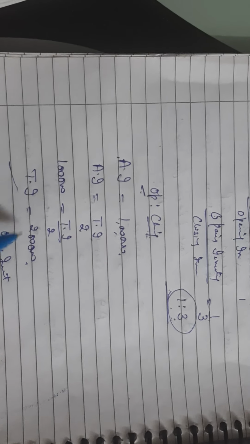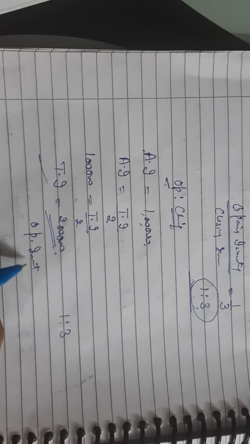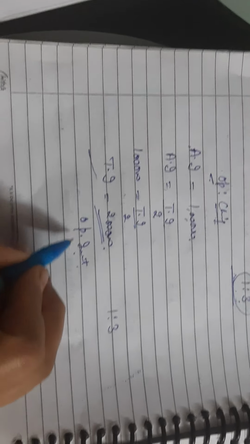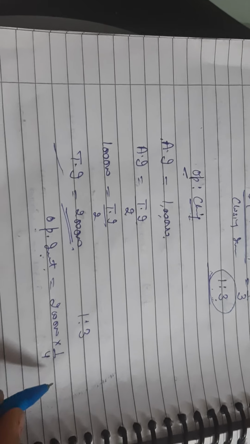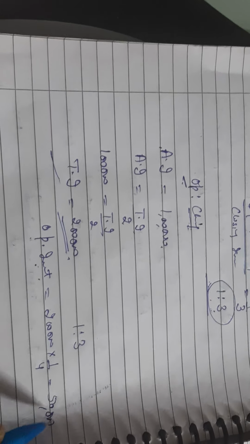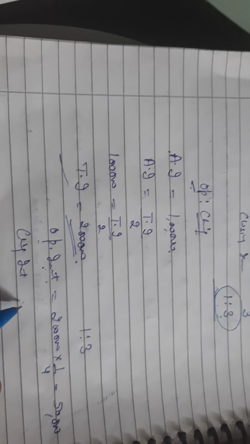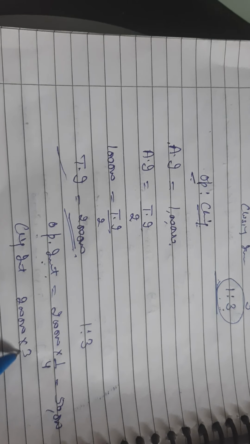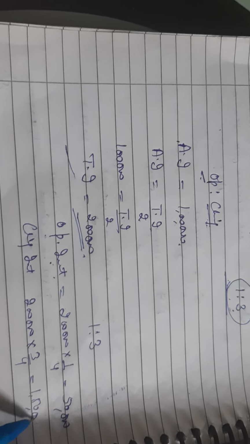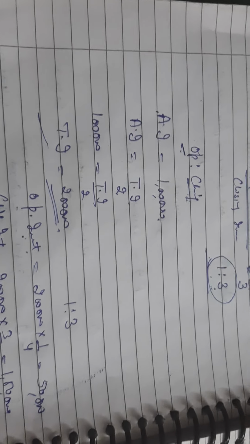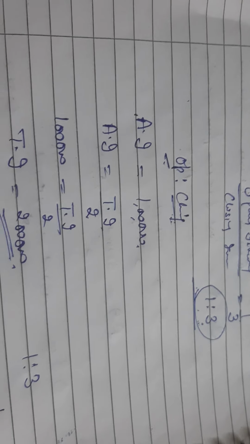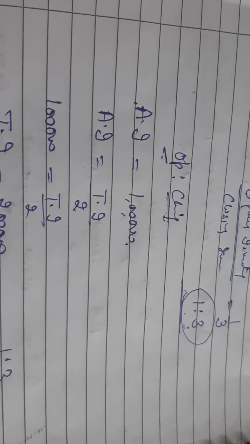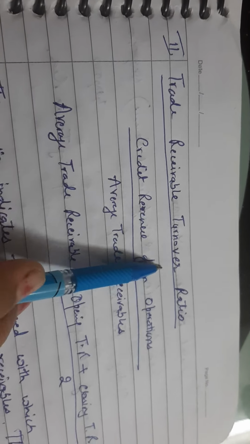So how to calculate the opening inventory? Now you have to divide this total inventory in the 1:3 to find out the opening inventory and the closing inventory. So आपको opening inventory कैसे find out करना है? जो आपके पास total inventory था उसको 1:3 में divide करना है, मतलब 1/4, it is 50,000. And to find out the closing inventory we have 2 lakh का 3/4, it is 1,50,000. So by this we can find out the opening inventory and closing inventory when the different type of information is given. Clear? So now the next ratio we are going to do is trade receivable turnover ratio.